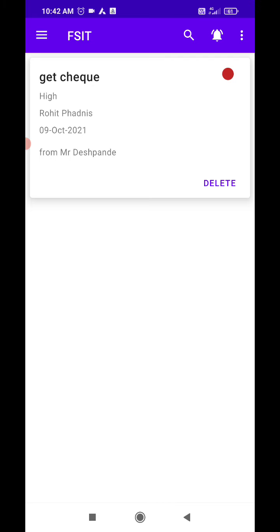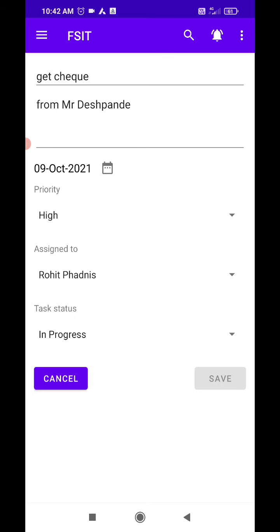So if there are multiple tasks for check, then of course you will get multiple results here. I click here, and then if I feel that this task is like complete, right, then I will change the status to completed and then save it. But in this case I want to keep it open, and of course I can change the date, priority, and anything I want. As a president, I have that got full flexibility, right?